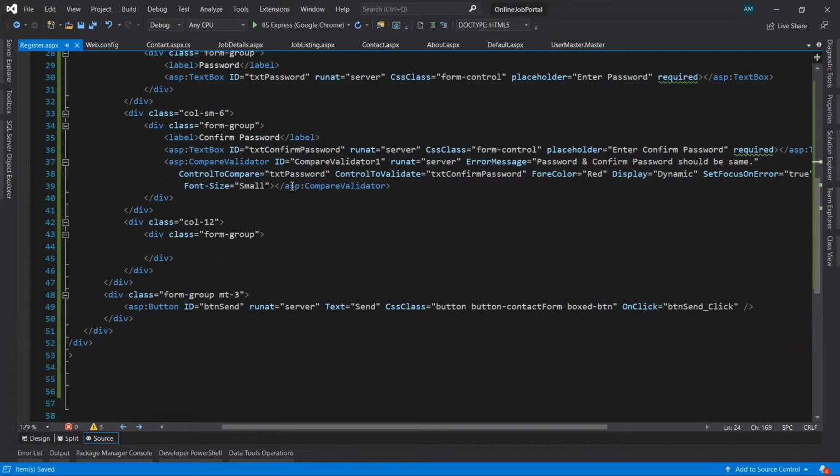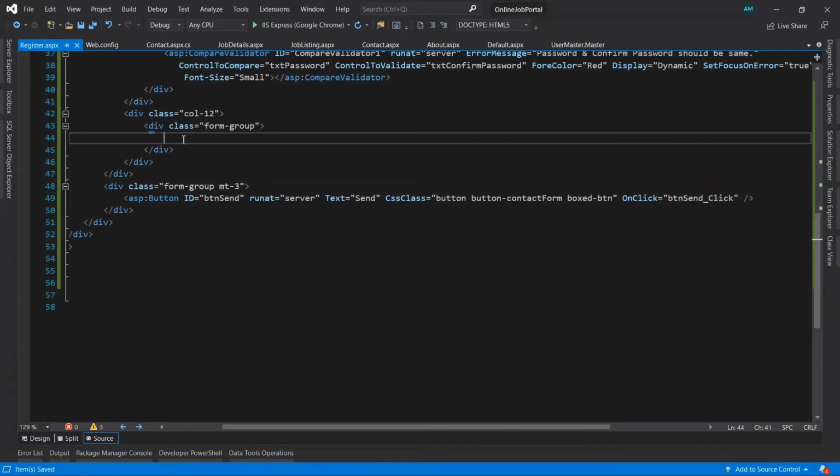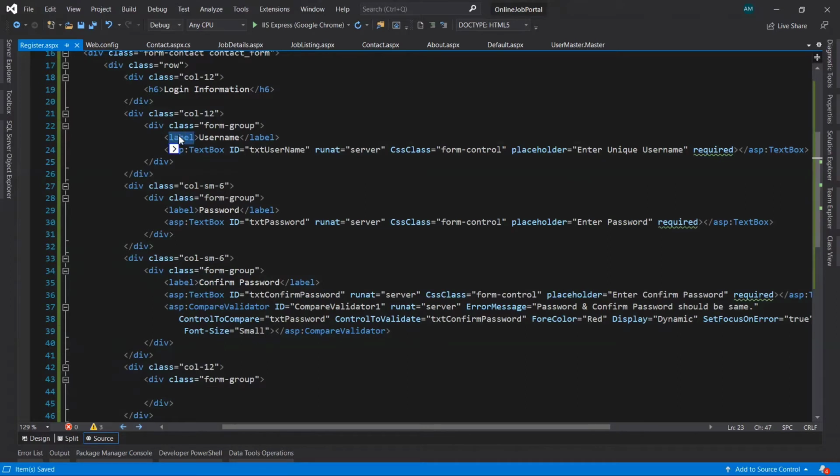Okay, now here, what we want: we are going to take a text box for the full name. For the first one here we have taken username. Now we are going to take the text box for the full name. I'm copying from here and pasting it here. Instead of username, let's give full name,